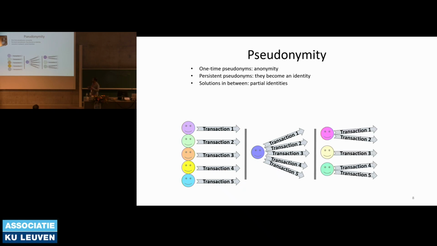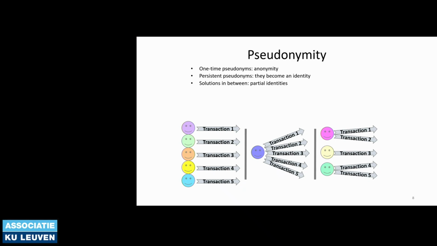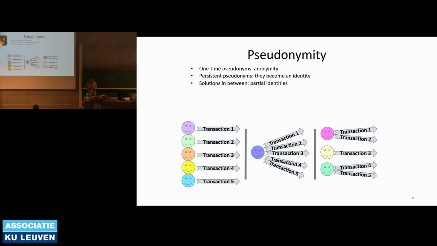And most of the time, Bitcoin transactions should be something like this. So sometimes you can actually generate a completely fresh address and start from there. So many of your actions can be connected together, but some of them can be disjoint. And then you can have kind of multiple personas. So basically partial identities. But still, based on those partial identities, you can profile them, you can learn patterns, you can learn information about the person.